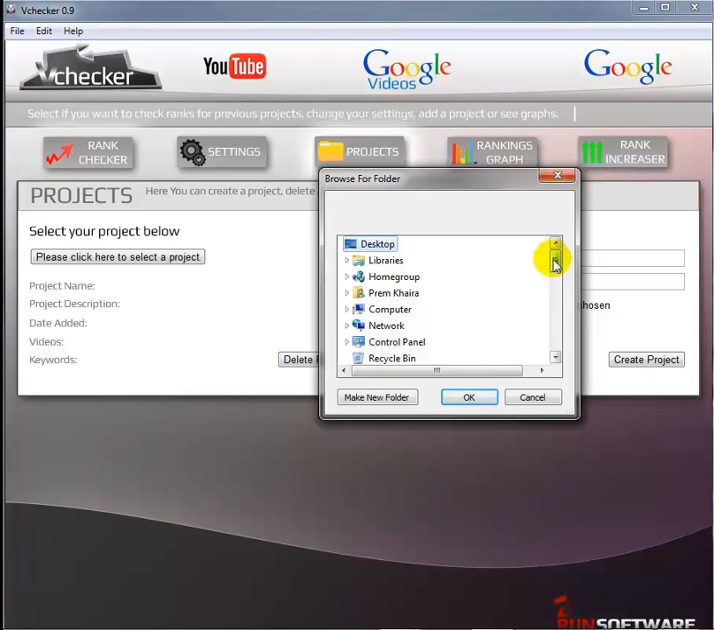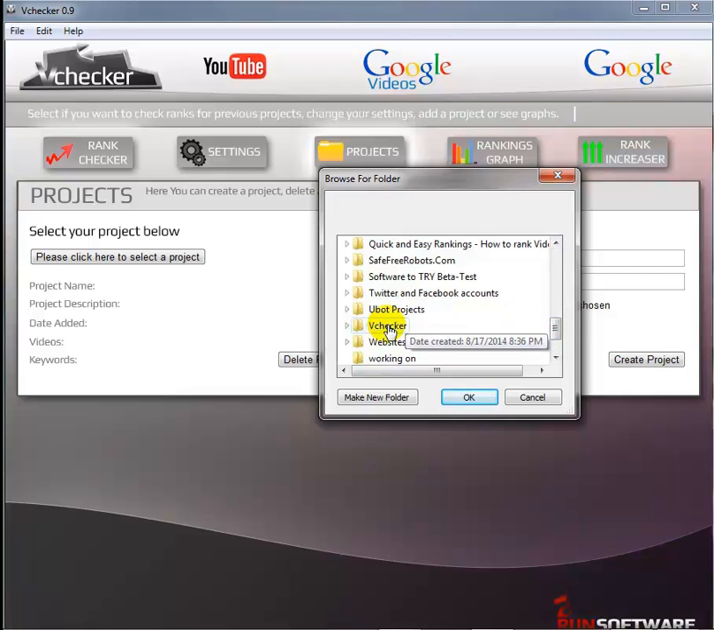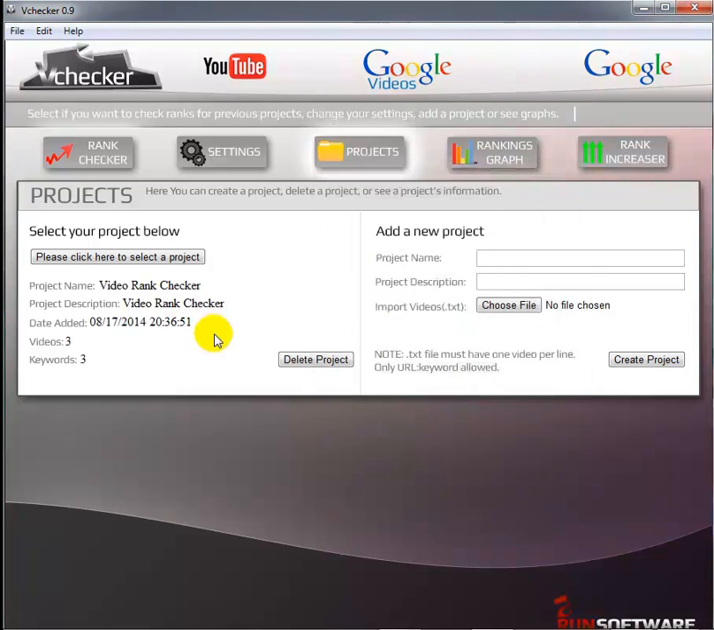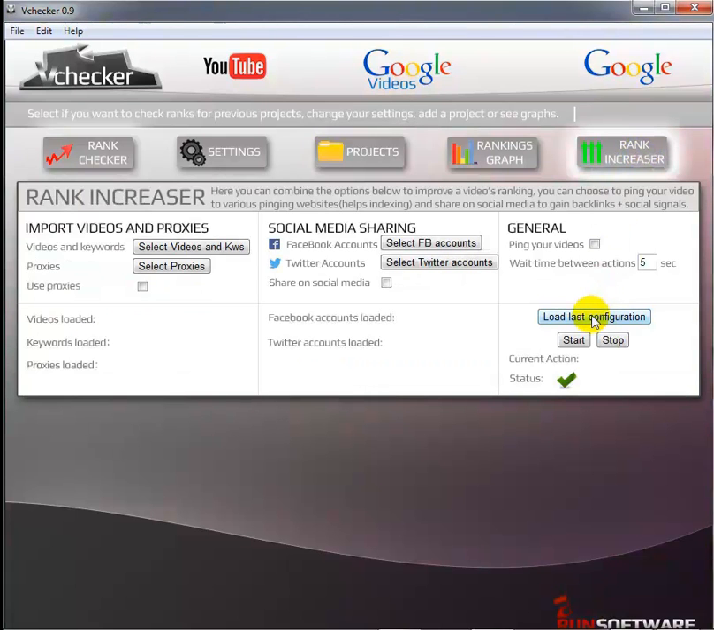For me, I will have to locate the Video Rank Checker folder within the VChecker folder, just like you see in the video, because once again, this is the only project I have created with the software. Video Rank Checker and OK. Once a project loads, you will automatically and immediately see the number of videos and keywords, or URLs and keywords. Once the project is loaded, you may go over to the rank increaser function and click on Load Last